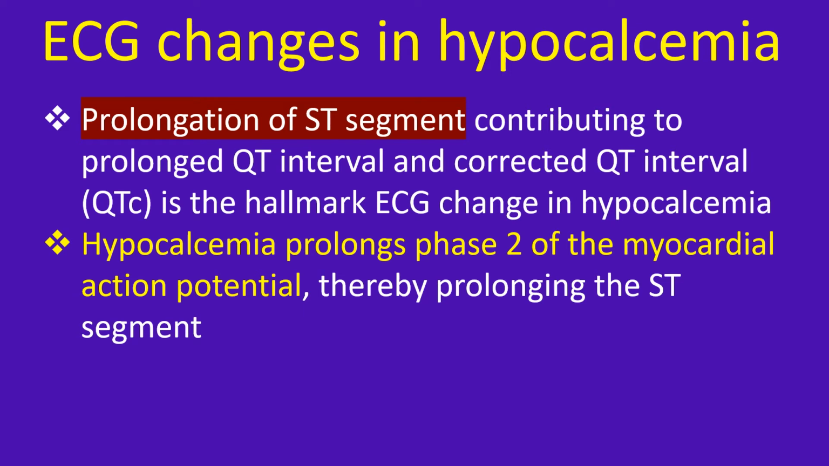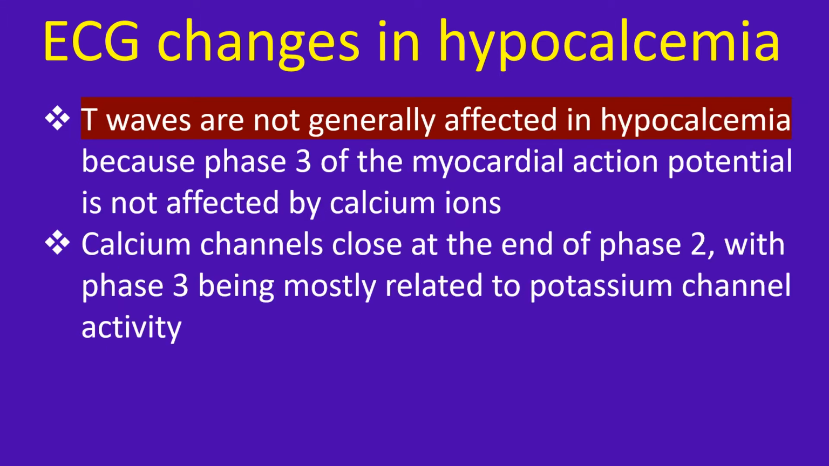Prolongation of ST segment contributing to prolonged QT interval and corrected QT interval is the hallmark ECG change in hypocalcemia. Hypocalcemia prolongs phase 2 of the myocardial action potential, thereby prolonging the ST segment. T waves are not generally affected in hypocalcemia because phase 3 of the myocardial action potential is not affected by calcium ions. Calcium channels close at the end of phase 2, with phase 3 being mostly related to potassium channel